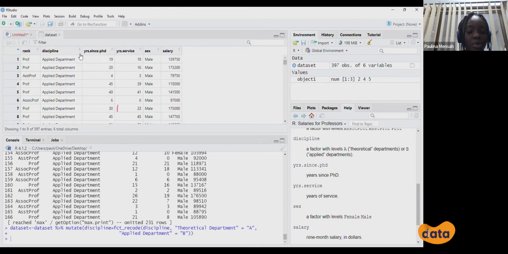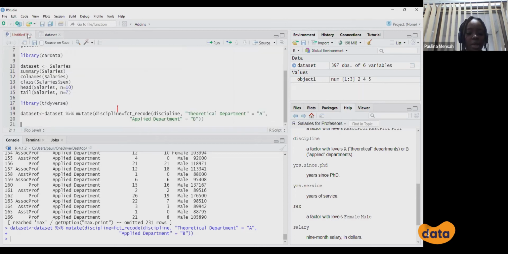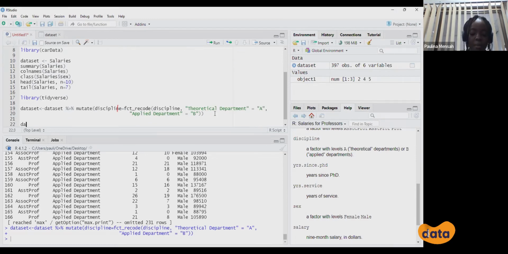I guess we can also change the column names, and maybe we can capitalize them, because small caps doesn't look too presentable. Yes, so we could do that as well. So we can take the data set and